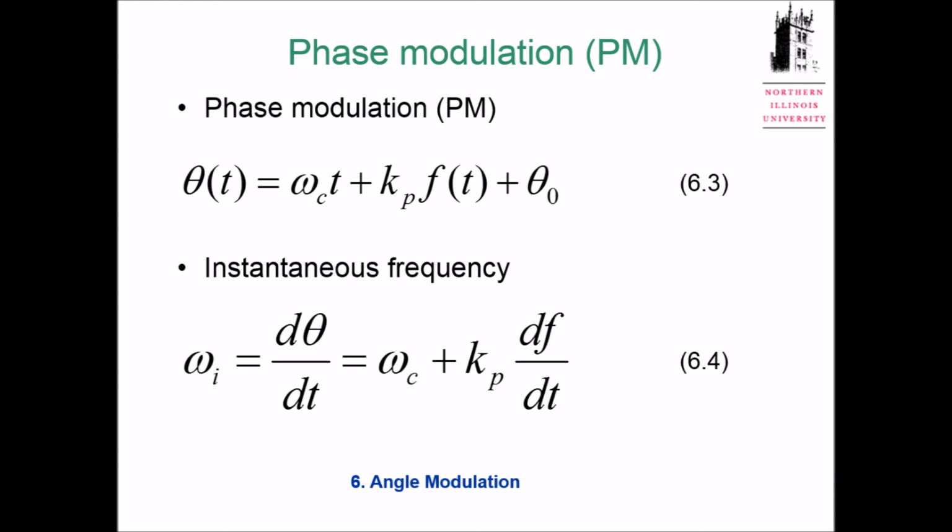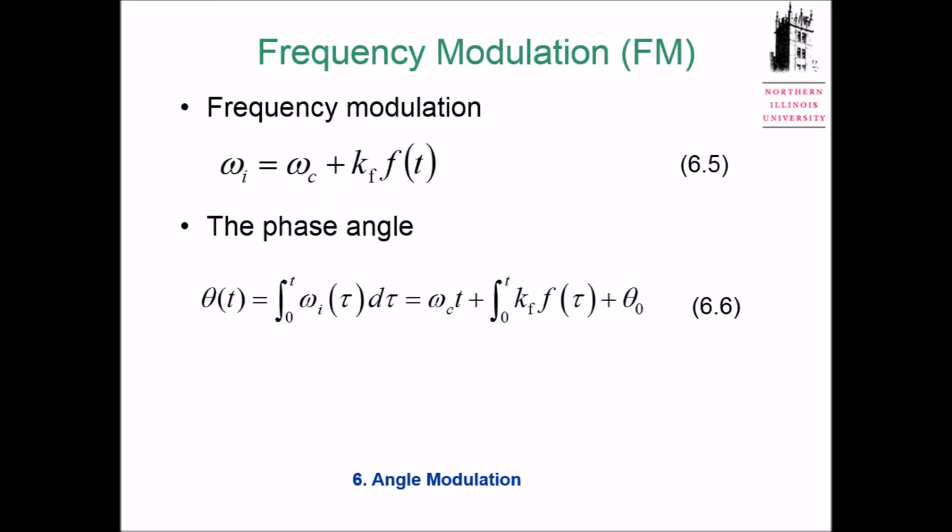In the following two slides, we talk about the PM and FM definitions. The first will be PM, phase modulation. My phase is linearly proportional to the message. Omega c t is still there, theta 0 is still there. However, there is a linear relationship embedded in your phase. We call it PM. And the instantaneous frequency for this kind of signal,